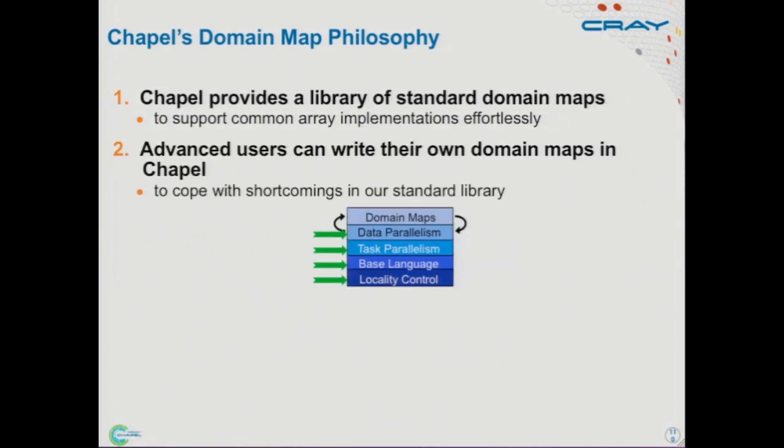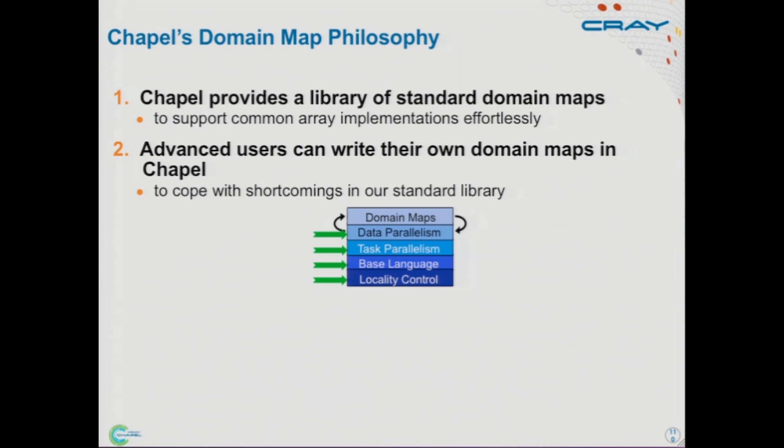The second part of this philosophy is that if you're an advanced user, and let's say you have a very clever way of laying out or distributing your data that we didn't anticipate in our standard library, you should be able to go write your own domain map in Chapel. These domain maps, as I mentioned at the very beginning of the talk in the multi-resolution philosophy, are implemented within the Chapel language itself, and they're implemented in terms of the lower level features. So for example, we were talking about the forall loop for the block distribution.